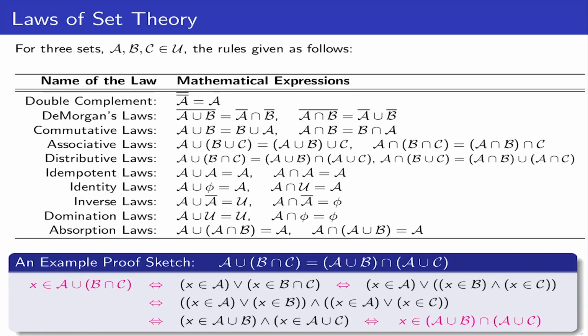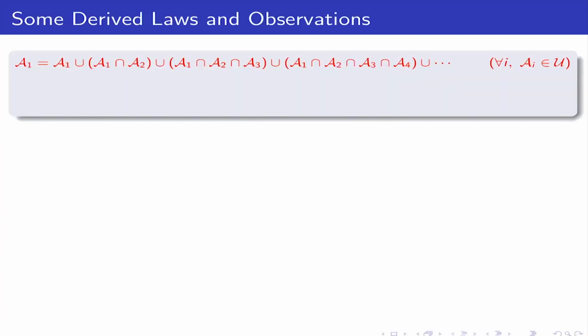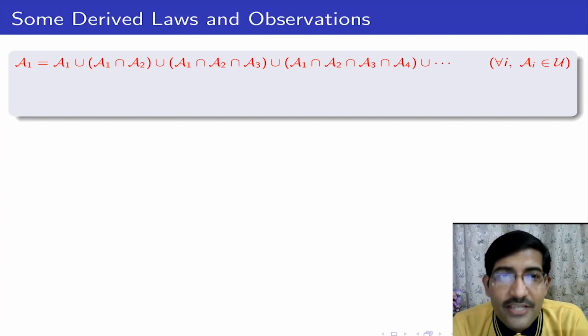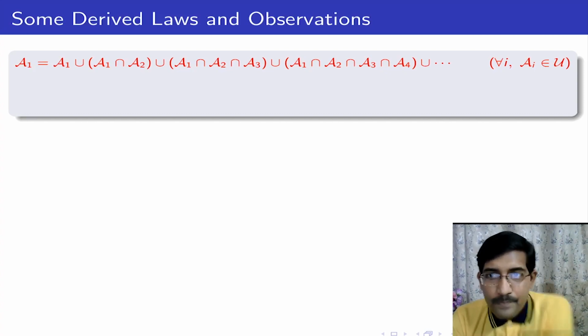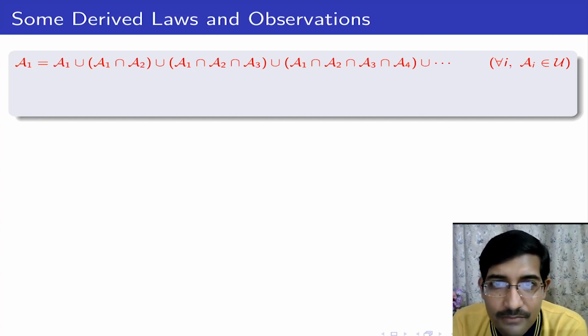So these are mostly fundamental laws, but we can also derive certain interesting laws by ourselves and have proofs of them. We don't necessarily need to prove them just as I have shown; we could use the earlier stated laws to prove it. For example, if I have a series of unions like A1 union A1 intersection A2, union A1 A2 A3 all intersections, union A1 to A4 intersections, and so on, what does it result in? This is a very interesting particular series of intersections and unions.